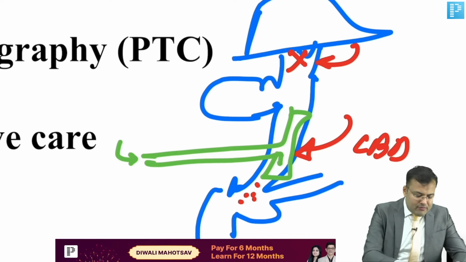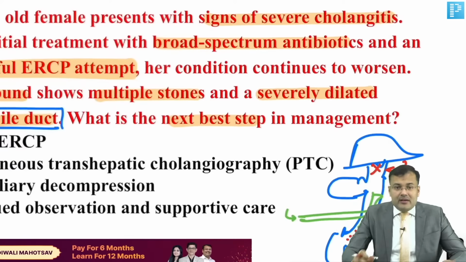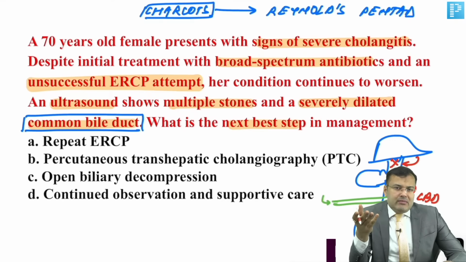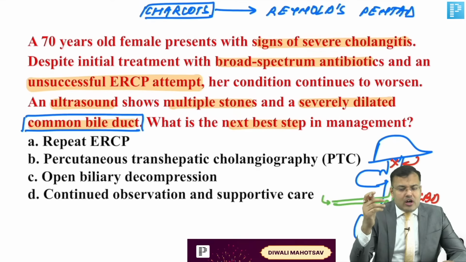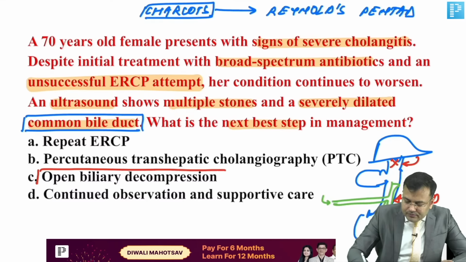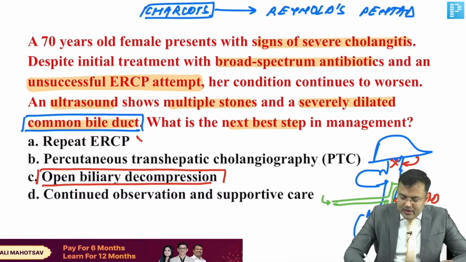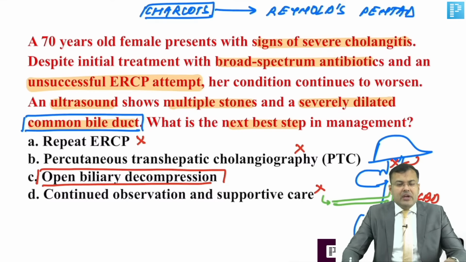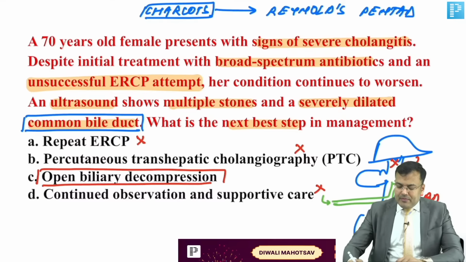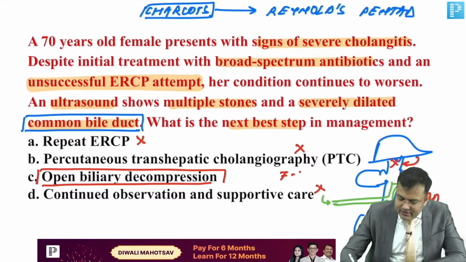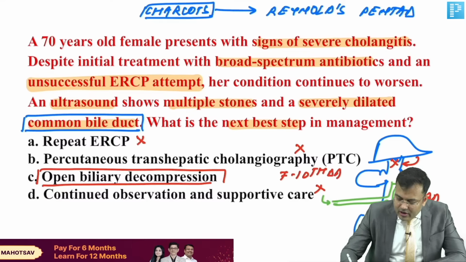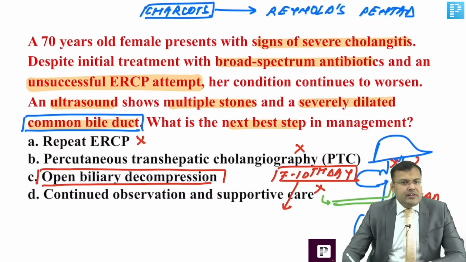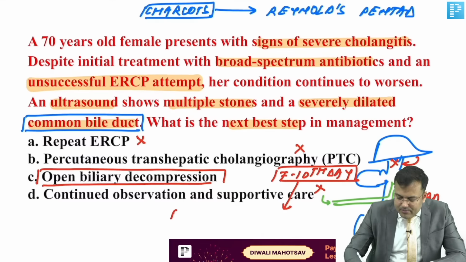So, here what are we supposed to do? Guys, remember, whenever these kinds of questions are asked, look at where the problem is. Is it in the proximal part of the hepatic duct, or the bile duct, or the common bile duct? So here we go for open biliary decompression. Repeat ERCP, no. PTC, no. Continued observation and supportive care, no. After open biliary decompression, we perform T-tube cholangiogram on the 7th to 10th day. Easy. And if there are distal filling defects, retain the T-tube for 4 to 6 weeks, and after that percutaneous extraction